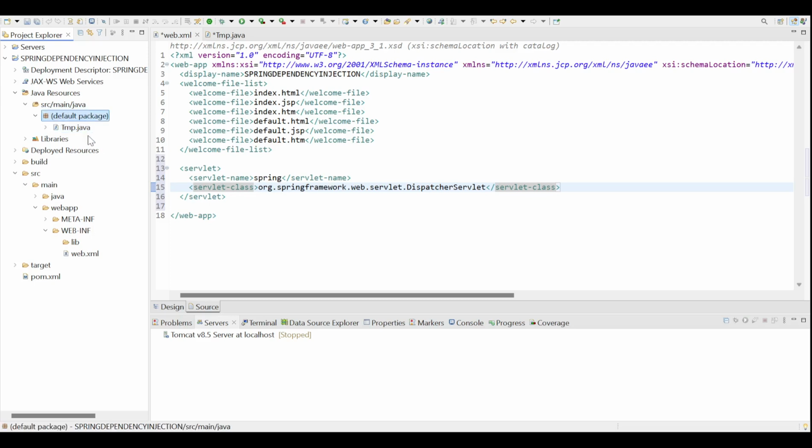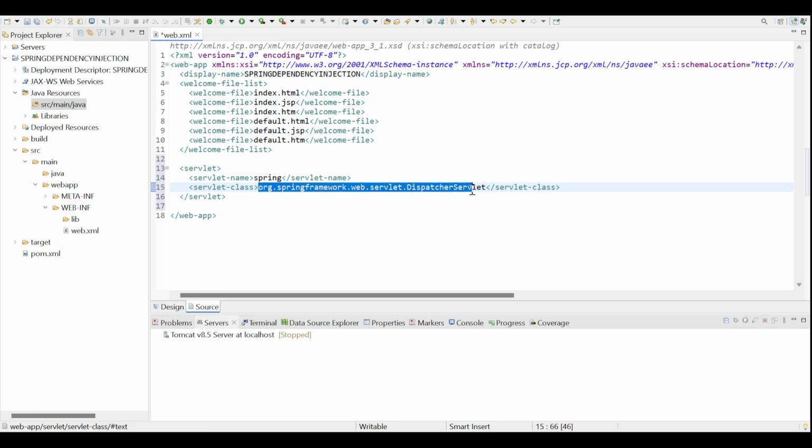I'm going to delete the default package. So I deleted what I created to explain how to get the complete path for the class dispatcher